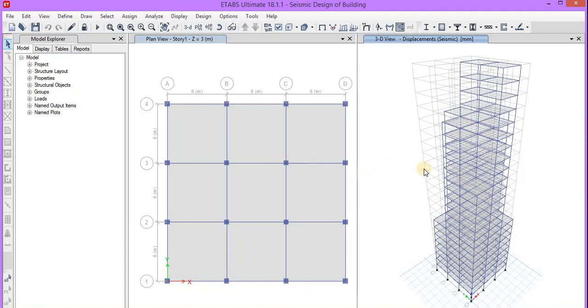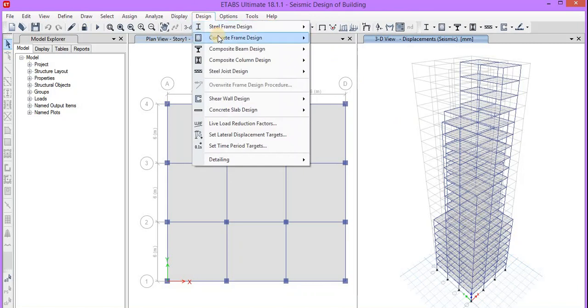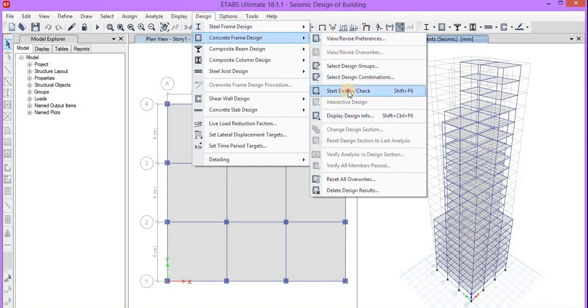So now you can see that the analysis is complete, and now we'll go to design and we'll start design check.